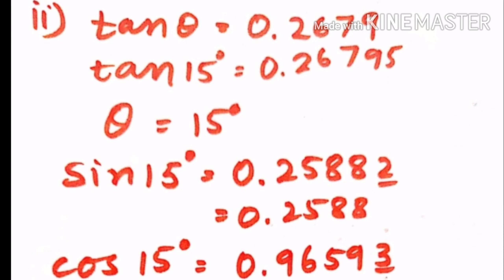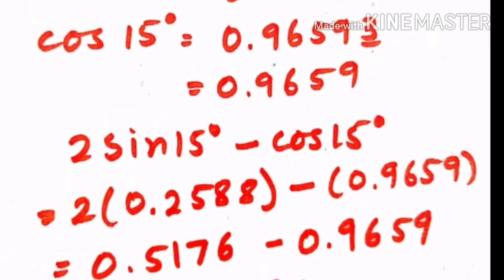Cos 15 degree is equal to 0.96593, and that last 3 we will remove, so we get 0.9659. So now we place 2 sin 15 degree minus cos 15 degree, 2 into the sin 15 degree value minus cos 15 degree. Then multiplying 2 into 0.2588, we get